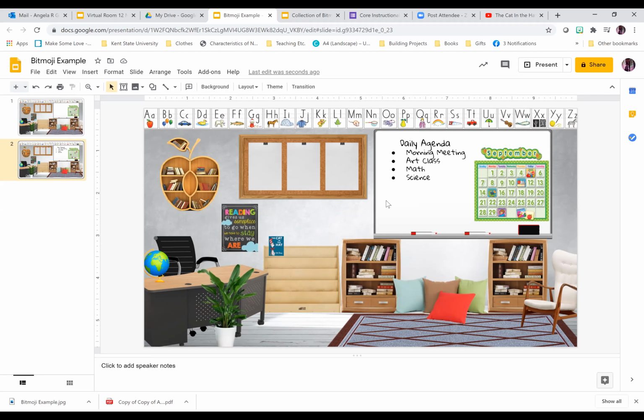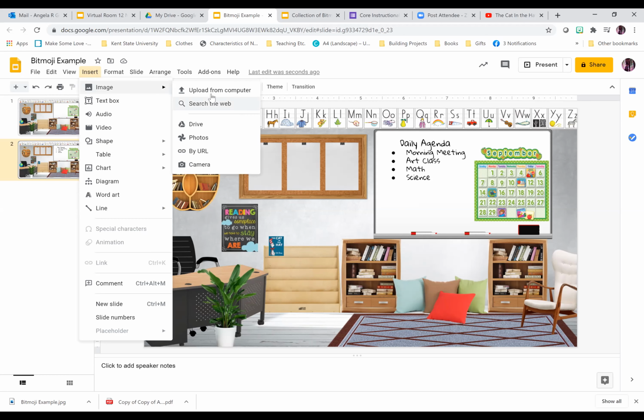If you're making a Google Sites website, you can even put a laptop here and attach it there. I know my school uses various things like Clever, which I would like to put in here, and there are ways to do that. Typically I do a bookshelf without books inside, but I thought that just looked good, though we can still cover them up. So I'm going to go to Insert, Image, Upload from Computer,